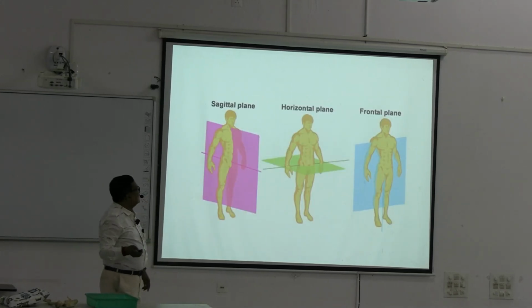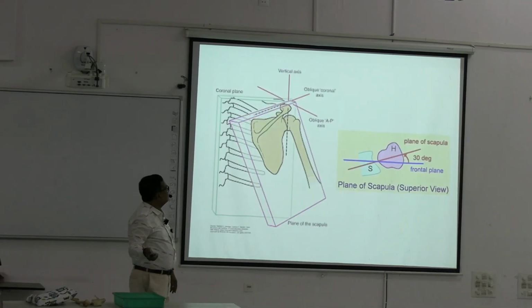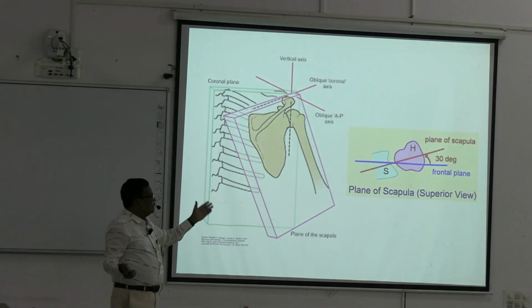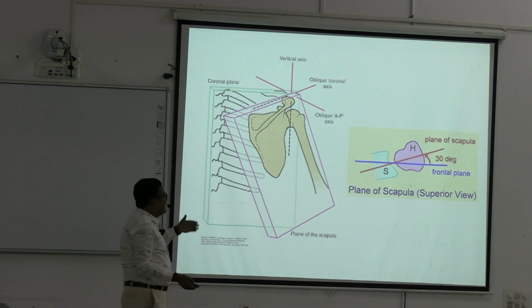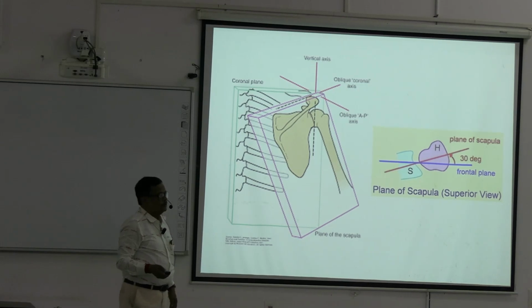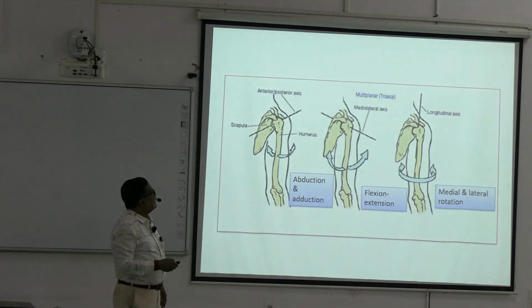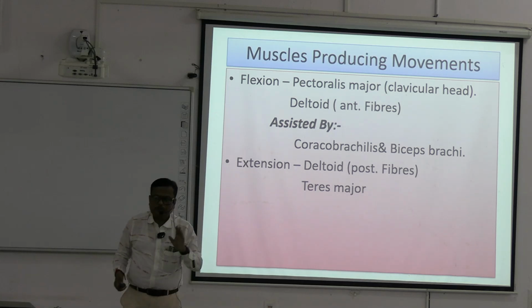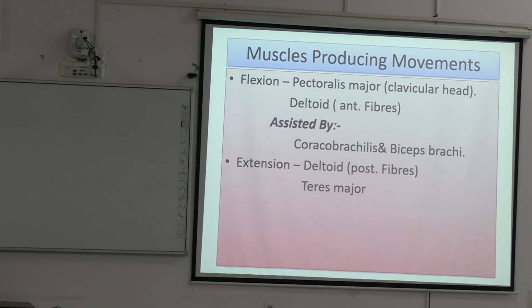Although details জানার দরকার নেই. This is the plane idea. This is a scapular plane. That is very important. Scapular plane is not exactly the sagittal plane. Slightly oblique. অত ডিটেলস তোমাদের জানার দরকার নেই। আচ্ছা, মাসলস প্রডিউসিং মুভমেন্টস মুখস্থ করে নিতে হবে, কিছু করার নেই। ফ্লেকশন,